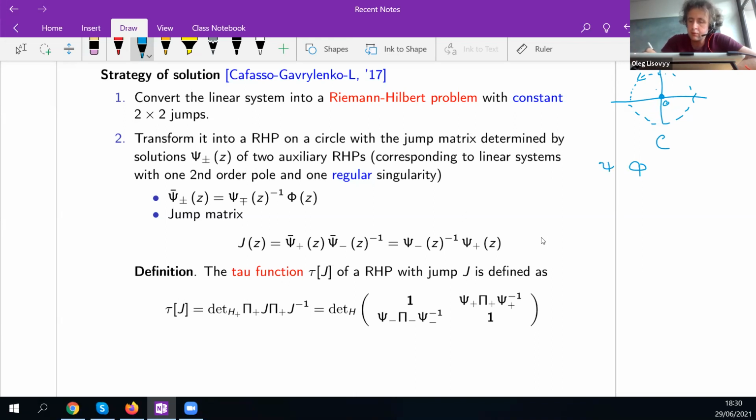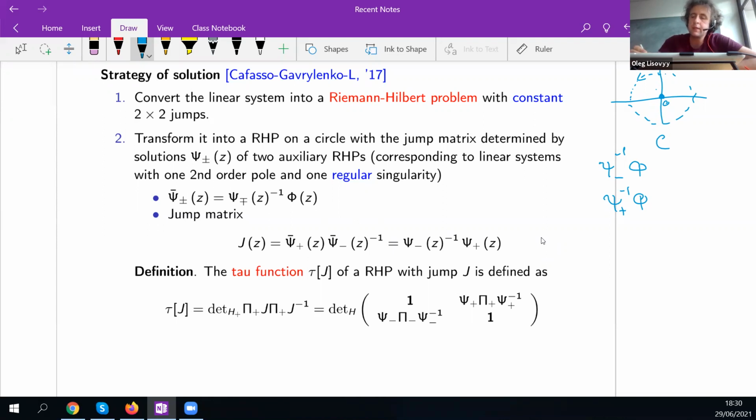So we can introduce the following functions. One is phi times psi minus inverse. Another one is phi times psi plus inverse,